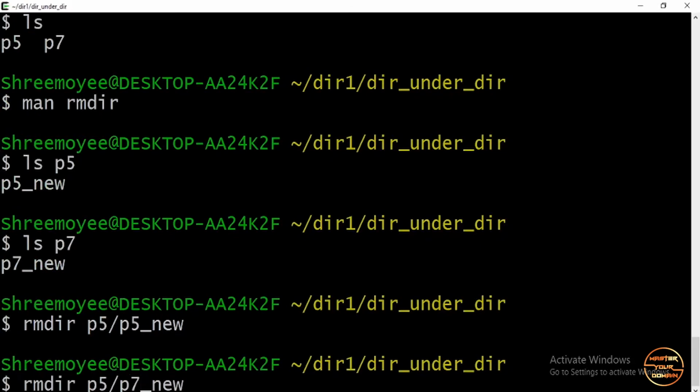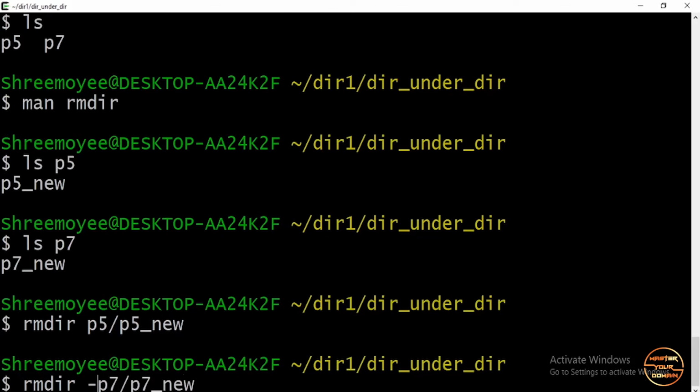Now you don't need to worry, I'm just using up and down arrows for this. Whatever command you give in a particular session is remembered, and if you hit the up arrow and down arrow, you can check the previous commands. This is called the command history.